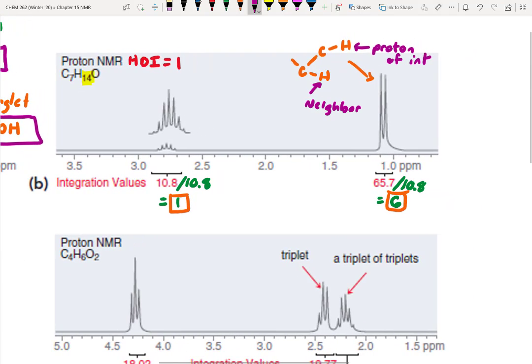So this is going to be our proton of interest. And we said that the neighbor can only be 1, right? Because if there's only 1 neighbor, that's what gives a doublet. However, we know that the proton of interest, there's actually much more than 1. There must be 6. So what we could do is we could say,